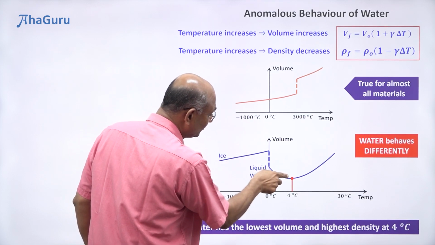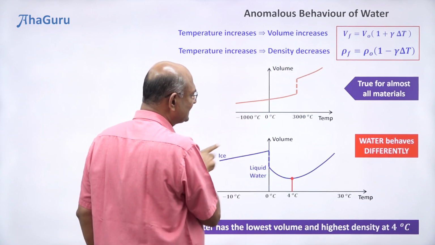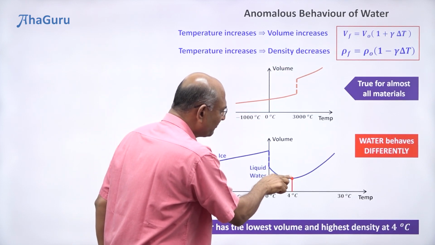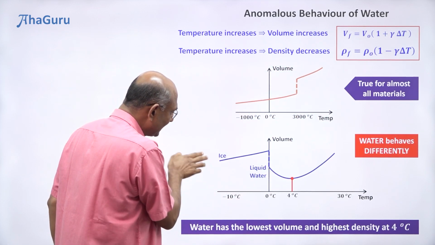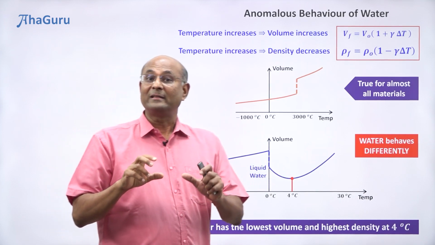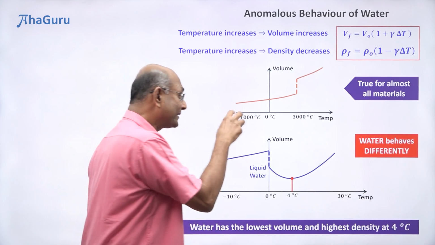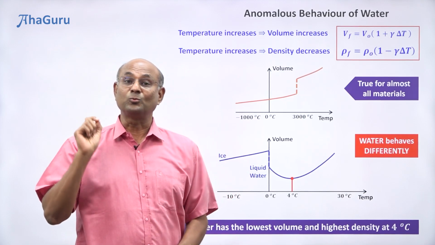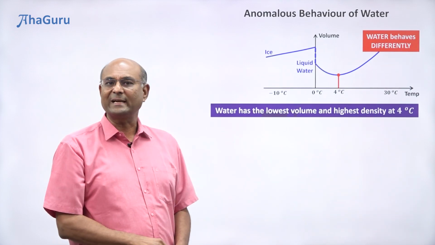Notice that from here to there, the graph is going down, whereas for everything else, it is just going up. Even for water, beyond 4 degrees, it is going up. Okay, and if you look at this portion, again, it is going up. This 0 to 4 is where there are lots of weirdness, lot of weird stuff that is happening. And it turns out that this weirdness is super important. Let us focus on this graph alone and try to understand this.